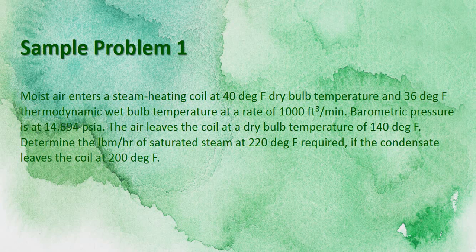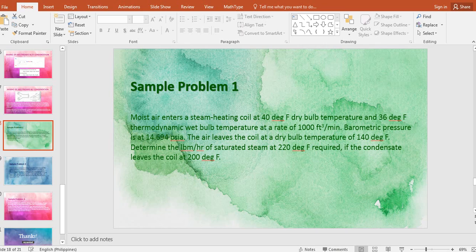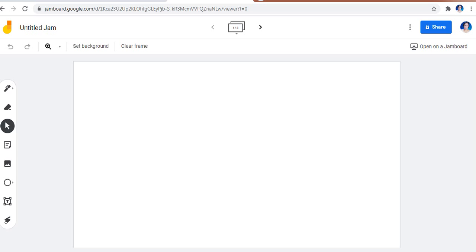And there is this particular information that the condensate leaves the coil at 200 degrees Fahrenheit, meaning a portion of the water vapor in your air is being condensed. So this is a case of heating with dehumidification because part of your water vapor present in the original air water vapor mixture is condensed. Okay, now we'll go to our board and outline the process for this particular sample problem. So I will write down the given information directly. That way we will save time in